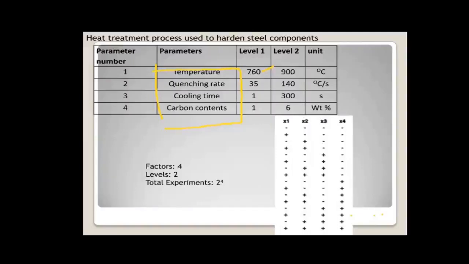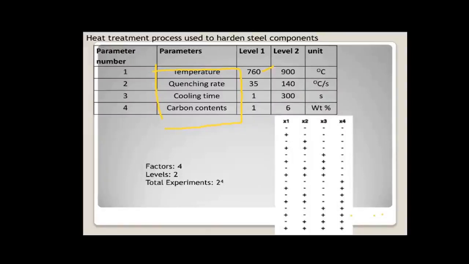Suppose initially I am having 10 factors, and I am performing simple experiments by having two levels. I will come to know that out of the 10, only the first 5 are important. I will skip the remaining 5 and do the detailed experiment only on the first 5 parameters. So the first step could be screening.